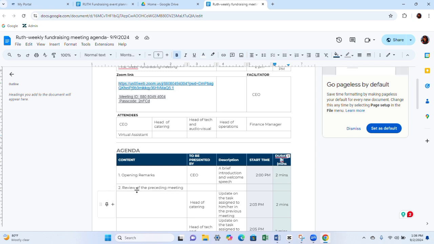The second thing is the review of the preceding meeting, or let's say previous meeting. Okay, let me use the word previous meeting. So when you now get this review, that's the next item. The next action item is a review. So under this review,